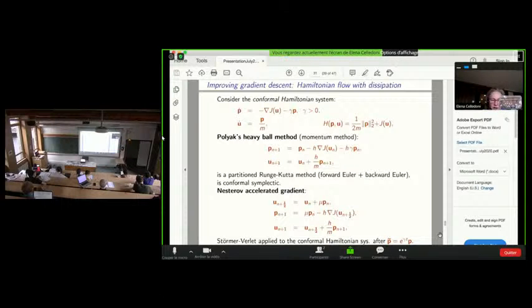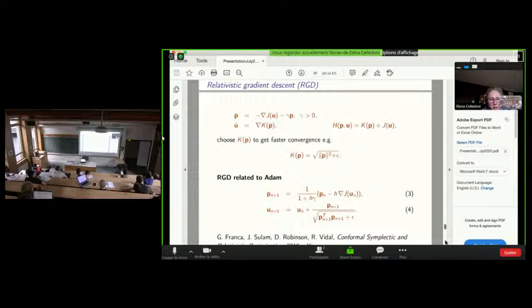And then you apply another symplectic integrator, which is the Stormer-Verlet method. Next is the relativistic gradient descent. Here you change the kinetic energy, as I told you before. It's again a kinetic energy which is suitable for the problem. And then you apply the symplectic Euler discretization to the problem.